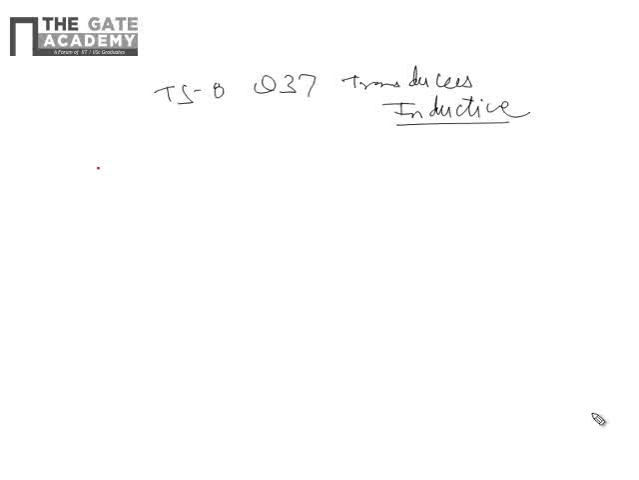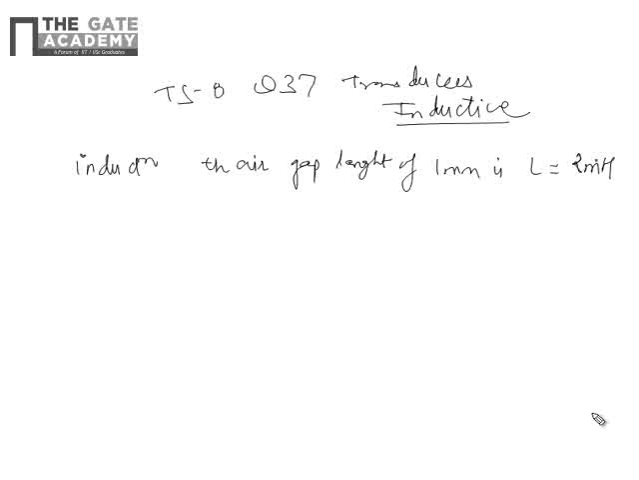So inductance with air gap length of 1 mm is L equals 2 millihenry. Fine. Now the value of inductance when the displacement of 0.02 mm is applied will be, so length of the air gap when the displacement is applied towards the core is, so length of the air gap